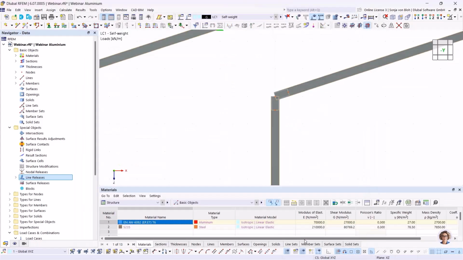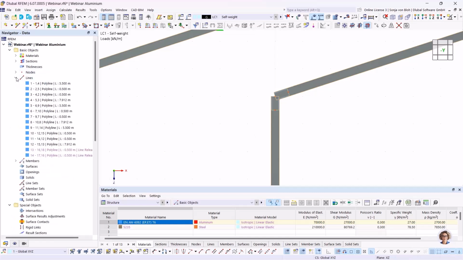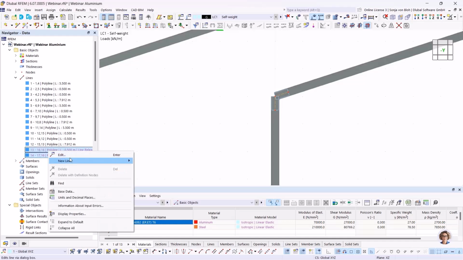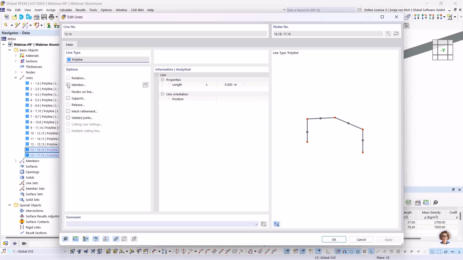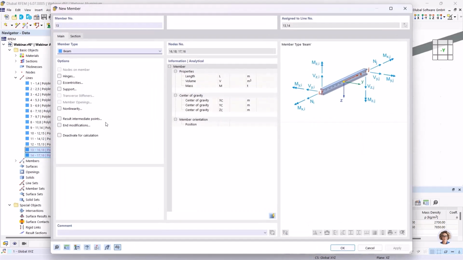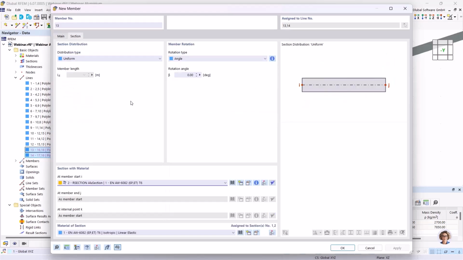On lines 13 and 14, I open it here in the Navigator Data. I now define the reinforcement cross sections. To do this, I choose the two lines, click on Edit, and I apply a member on these lines. And I have to create here a new cross section, and this should be the welded rectangular hollow section. To do this, I